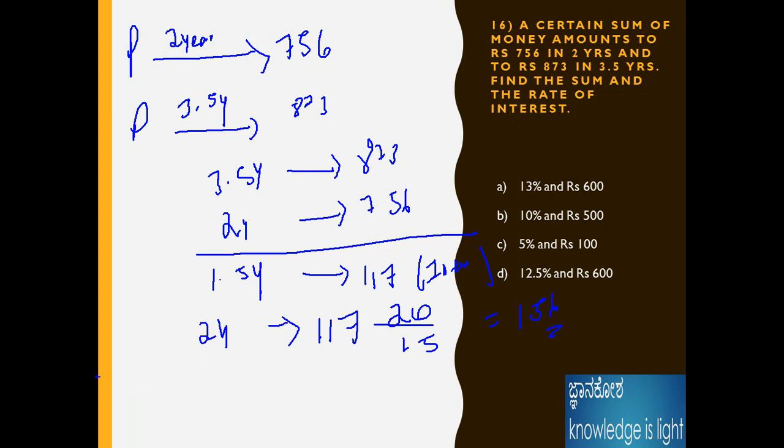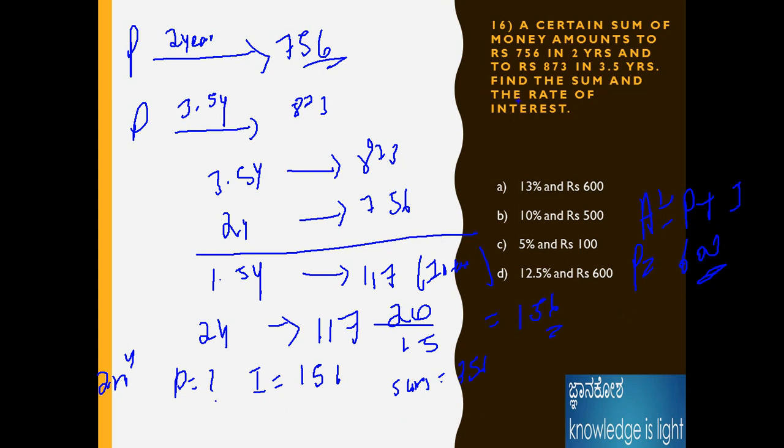Then for the second year, we need to calculate the principal amount. Already the interest is given. We got the interest 156 and the sum is equal to 756. Here the sum is given. Sum is equal to 756. Understand? Using amount is equal to P plus I. Here it is 756 minus 156. What is the principal? 600 is coming for this. Here we got the principal amount. 756 minus 156, that is 600.